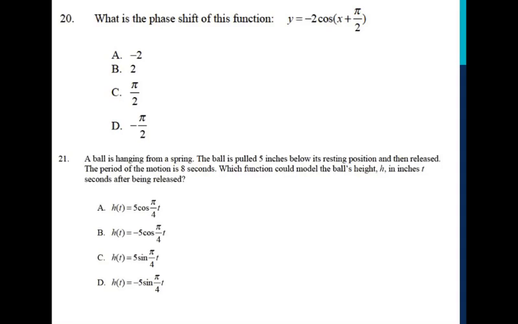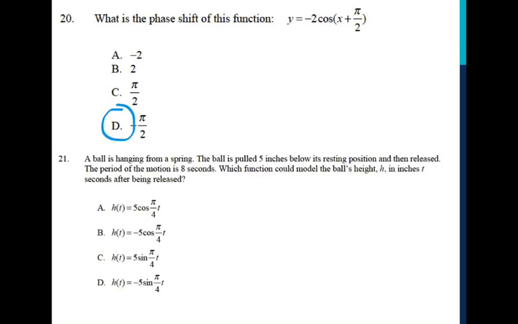Phase shift. Phase shift, you're looking right here. Did anybody know this is called the argument? Whatever's in the parentheses of a trig function is called the argument. This one's trickier because it's always the opposite of what that sign is. So if it says plus, it means minus. It means left. So this is going to be left pi over 2. And I think the last question, this is the last, no. Yeah, the last question